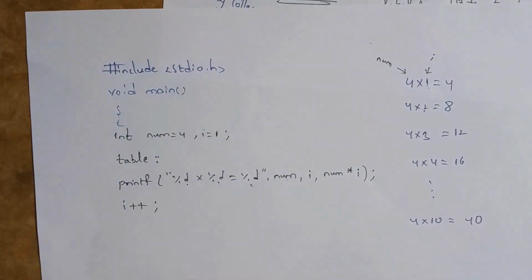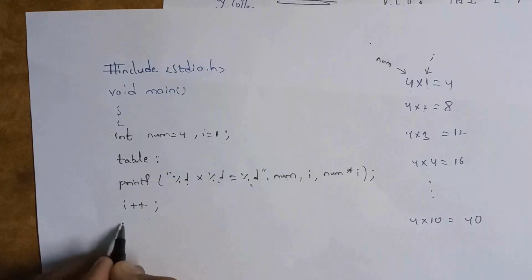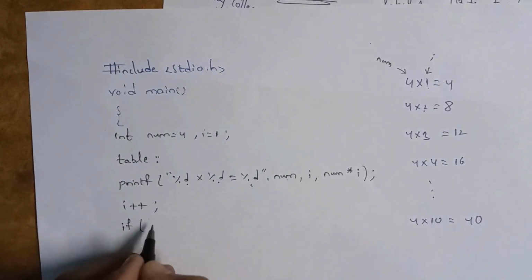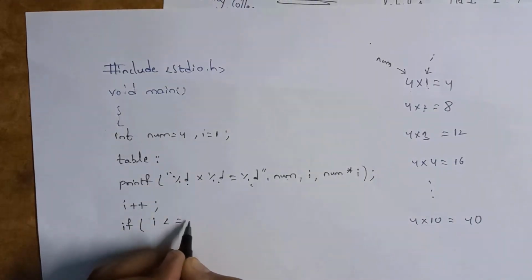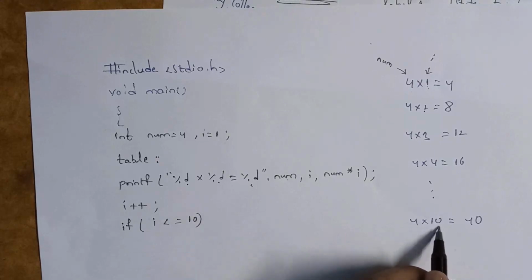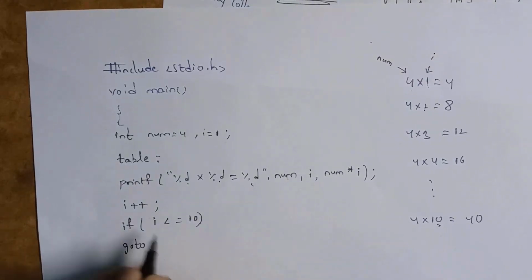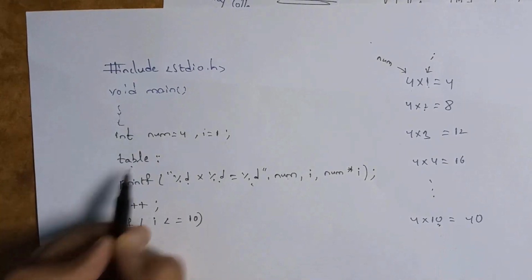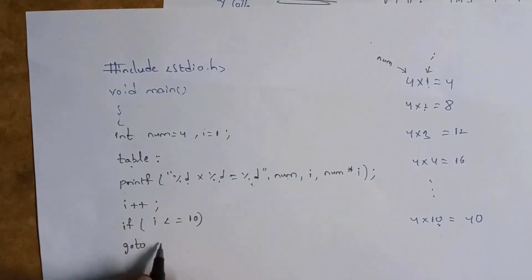Now give the condition. Here you want to print the 4 table up to 4 * 10 = 40. So here you need to give a condition, that is if i value is less than or equal to 10, that is up to 4 * 10. If i value is less than or equal to 10, go to table. Here I gave the label name as table. So here you need to write goto table;